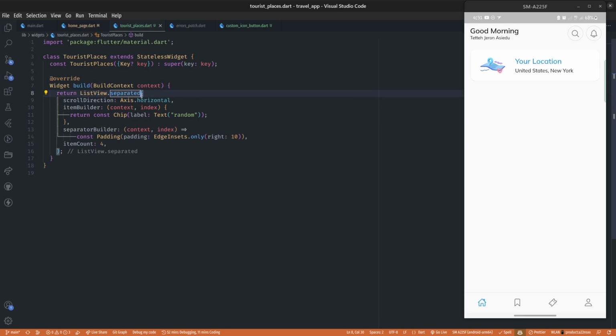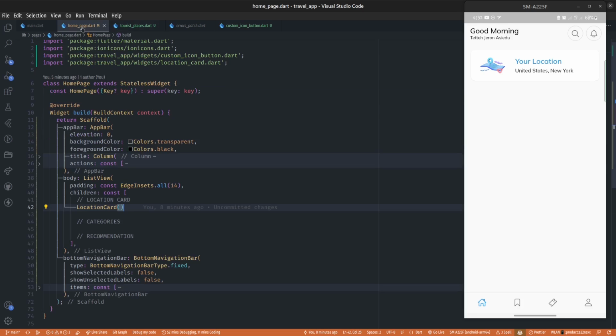when you use list views within a list view, that's our main page is a scrollable widget and this section of our app is also scrollable. So this will cause problems in Flutter. I want to show you how to fix it, but before that, let's first look at how this will look like. So in the home page,